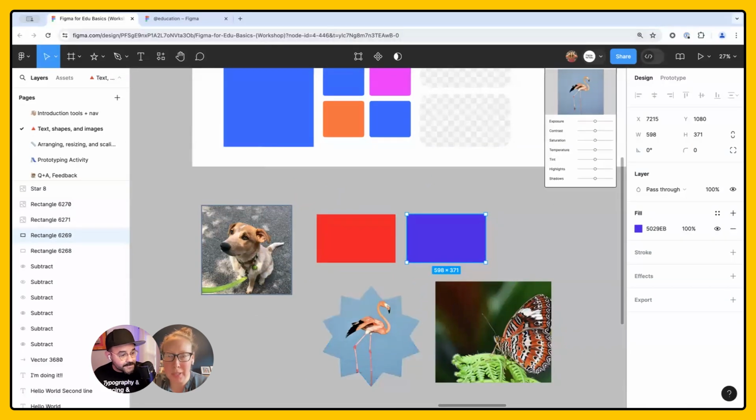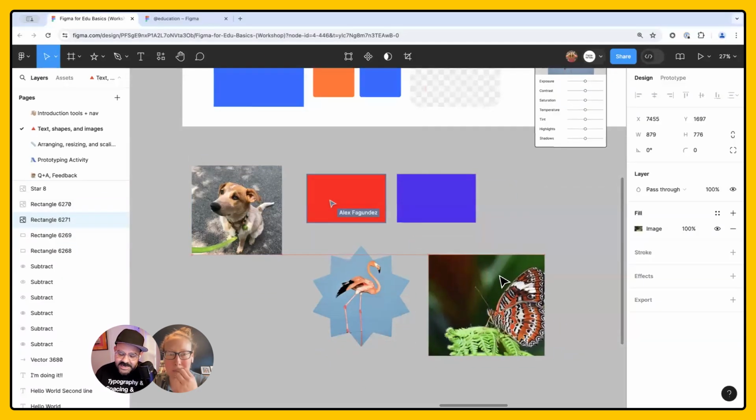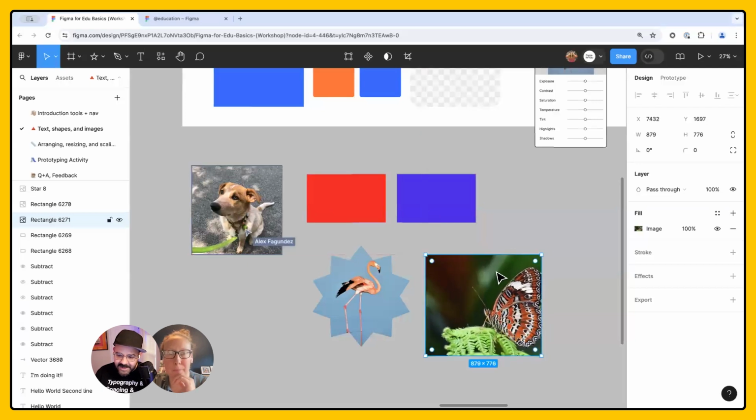Can you show me what you just did where you replicated, you moved the butterfly into the other container as well? Oh, yeah. All right. So see here, I've selected the butterfly frame. I'm coming over here to my fill and I click just to the left. And notice I've highlighted that layer, right?